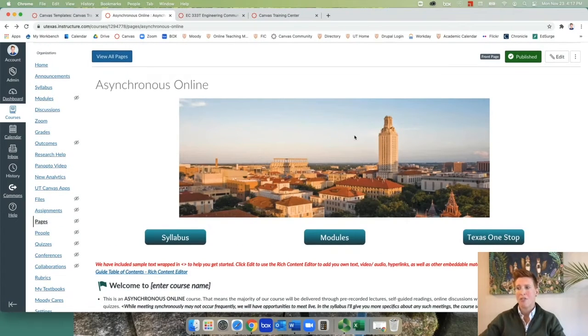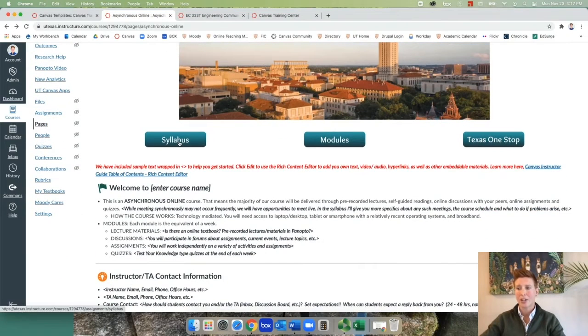So here it starts off with this nice image. This is just UT Austin because there's no teaching team. It's just a template, but you could replace this with something that was more fitting of your class. We have links here to the syllabus, the modules, and then Texas One Stop, which is an external resource for students. These are all hyperlinked to that particular piece of information for students.